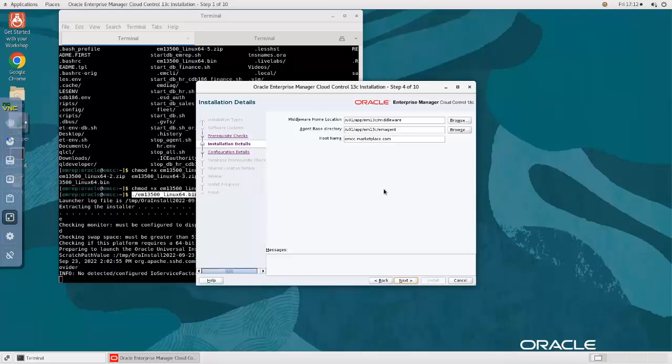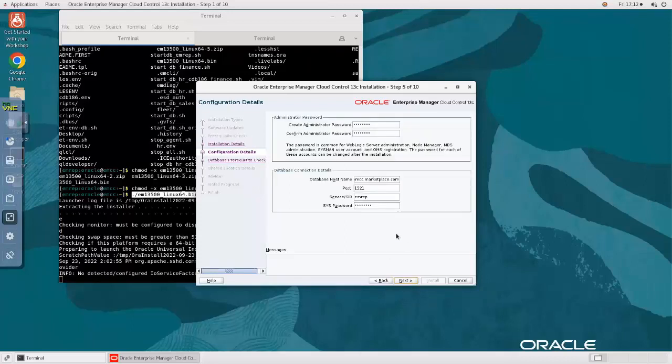This is my host name. And for the purposes of this demo, I already have an Oracle database up and running. That is an empty Oracle database that is going to serve as my Oracle repository. As a recommendation, and this is for Enterprise Manager 13.5, try to install a 19C database. Remember, 19C is our long-term release. So go ahead and install the Oracle Database 19C in order to host the Oracle Management Repository for Enterprise